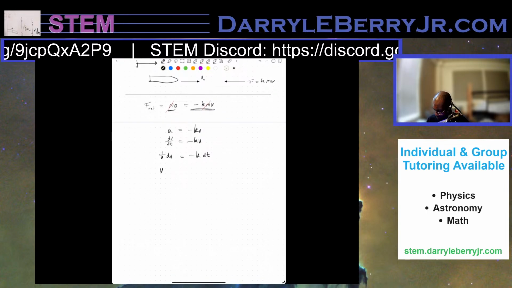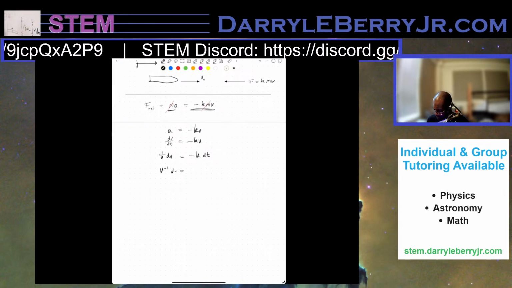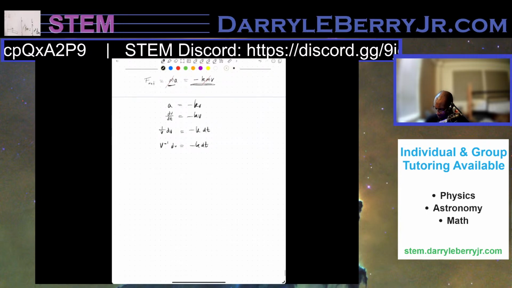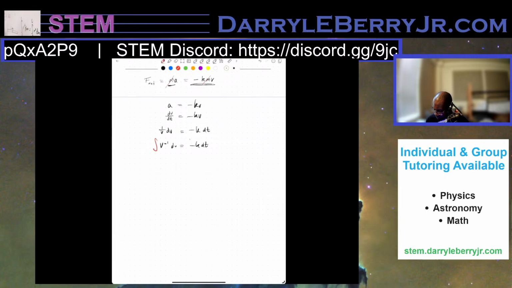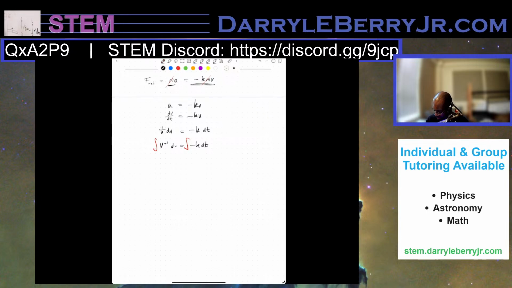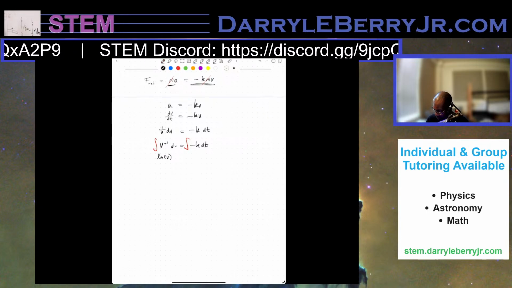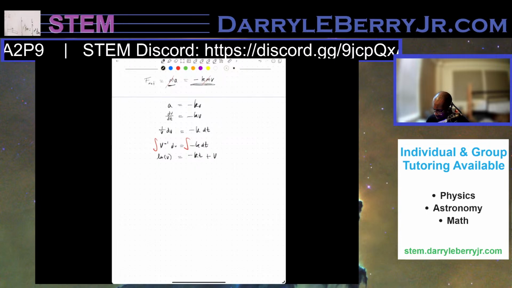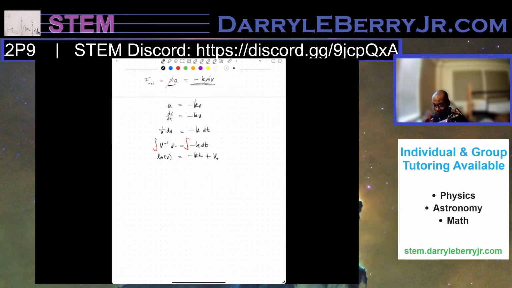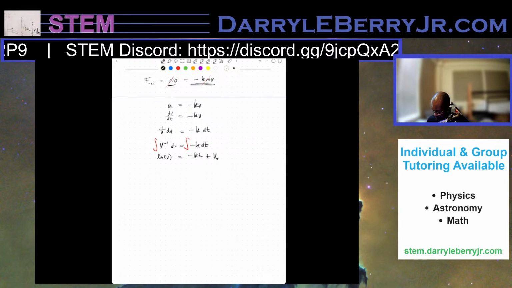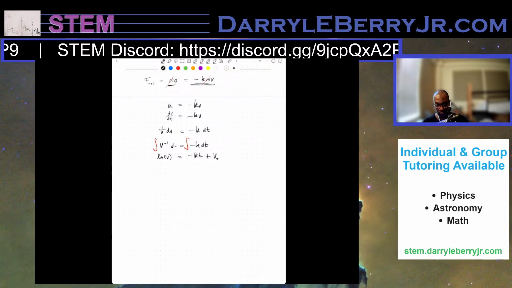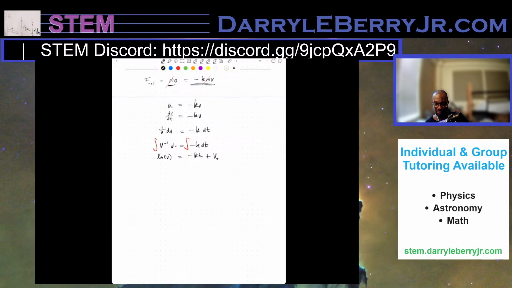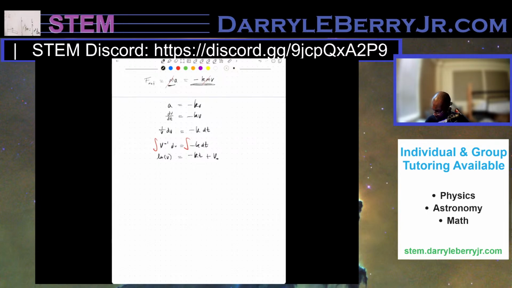We have v to the negative 1 dv equals negative k dt. And I'll take the integral of both of these. So we have ln v equals negative kt plus v naught, is the integration constant, and this is 2.23,